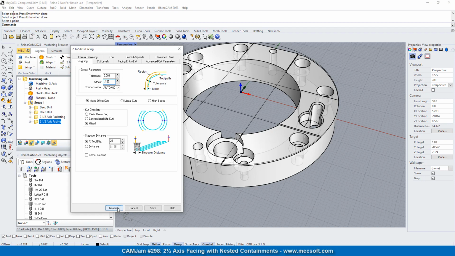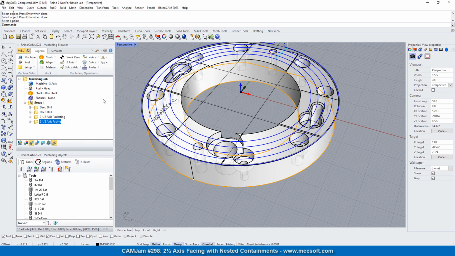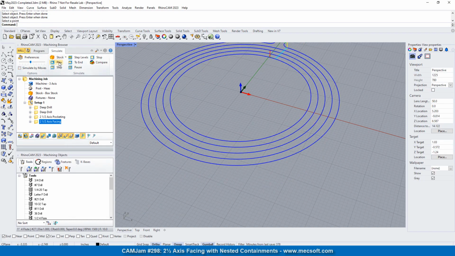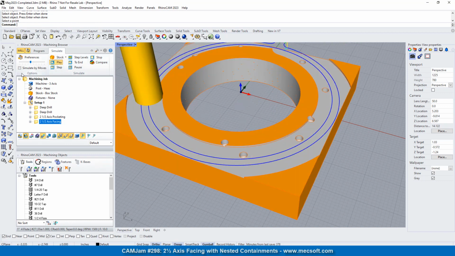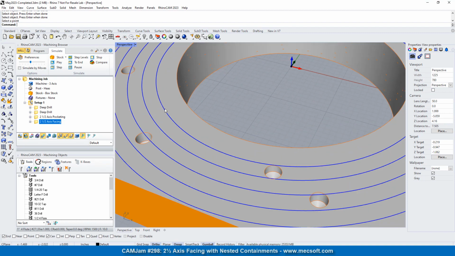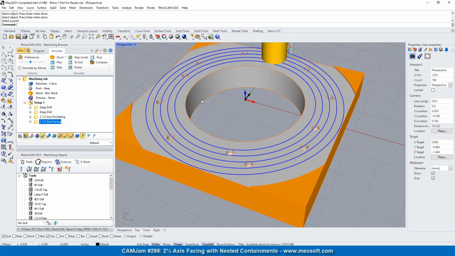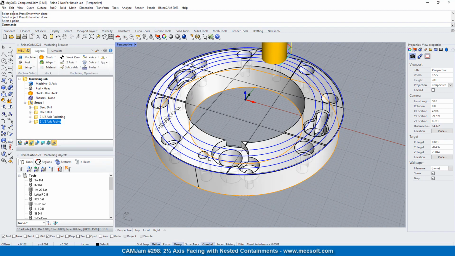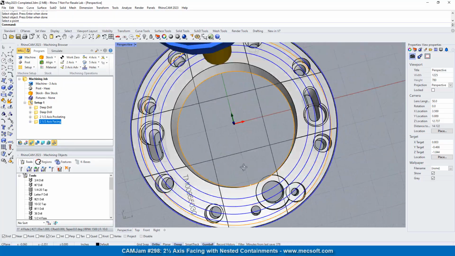Okay, so let's generate that again, and then let's simulate that again. Okay, so you see it went past the perimeter by 1/8 of an inch and cleaned that edge up nice and clean. Okay, so we got the facing. Now,